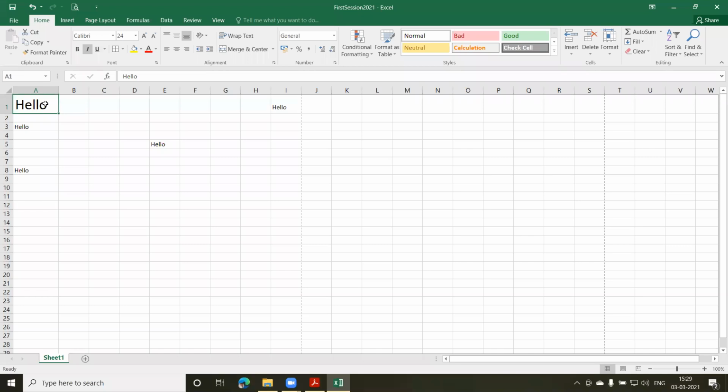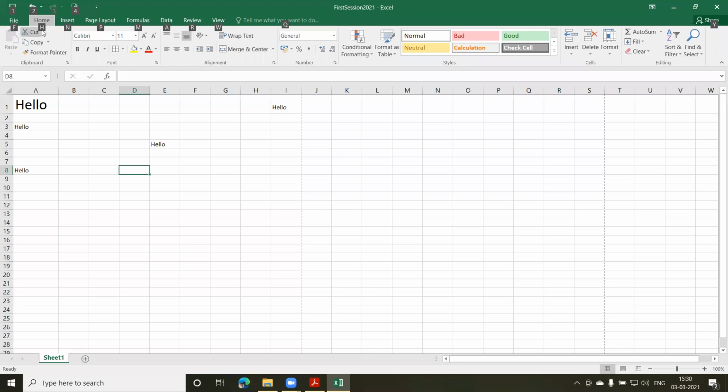You can also make use of the Alt key. If you want to access a particular menu option without using your mouse, you can press the Alt button. As soon as I do this, you can see there are some characters getting highlighted here.